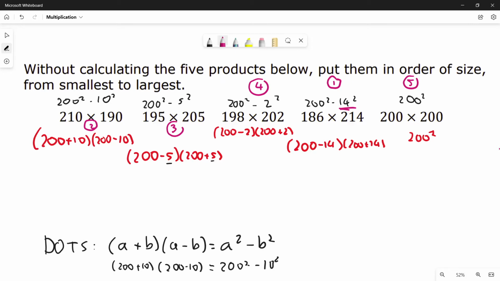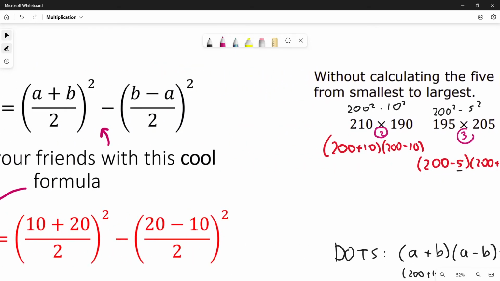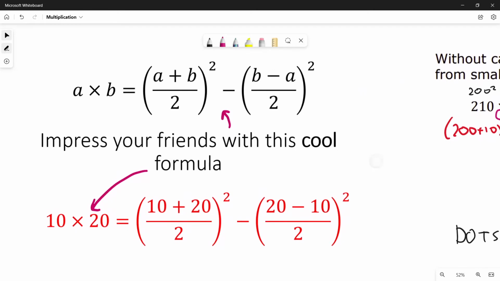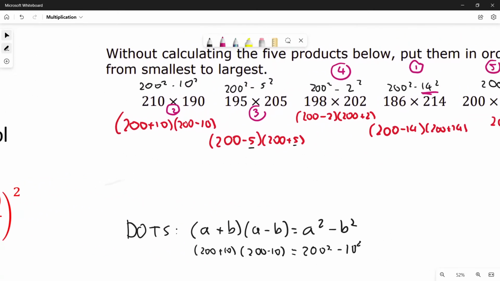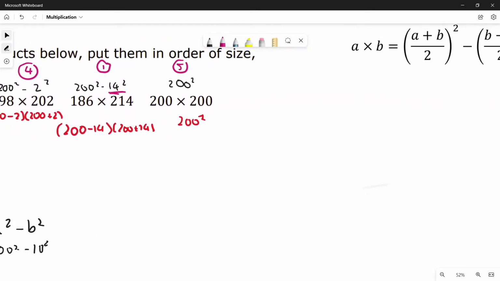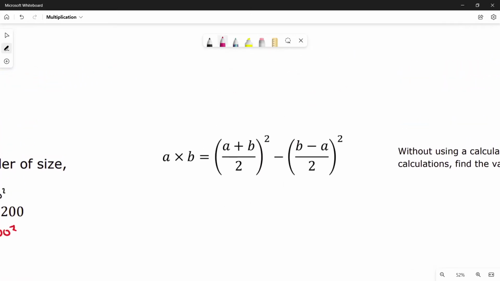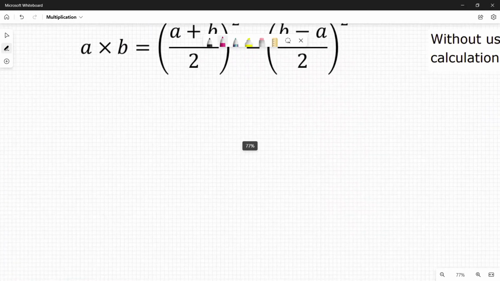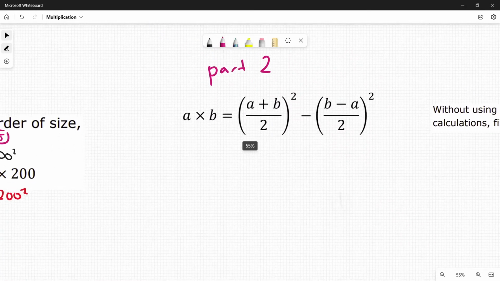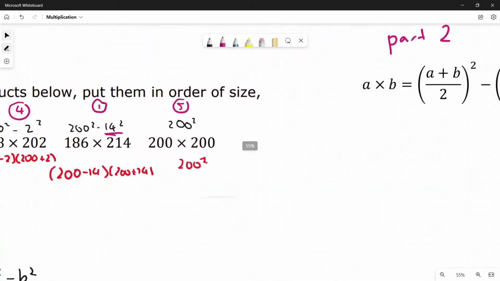Now what we actually did here is we used this formula without really realizing it, and we're going to see why in part 2. So, we've got this formula. Let's look at one of our examples from the previous page. Let's look at